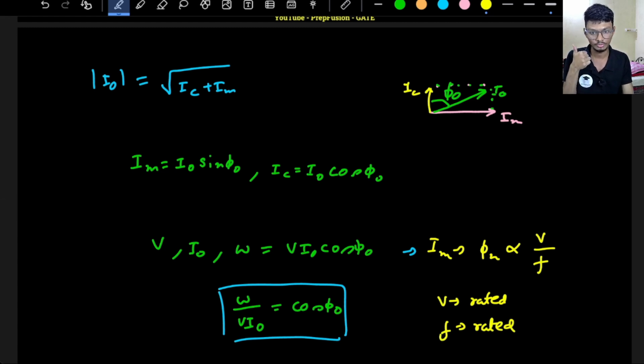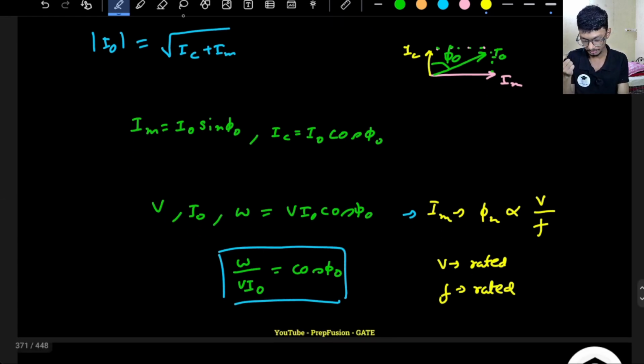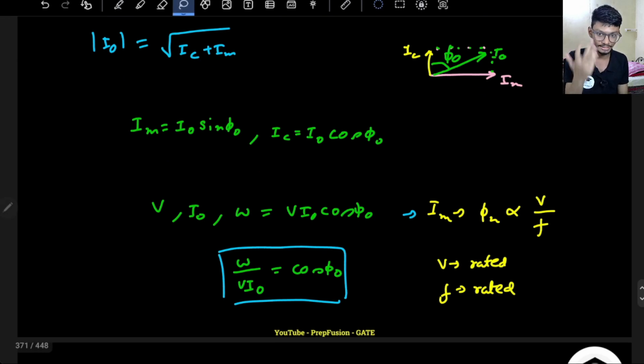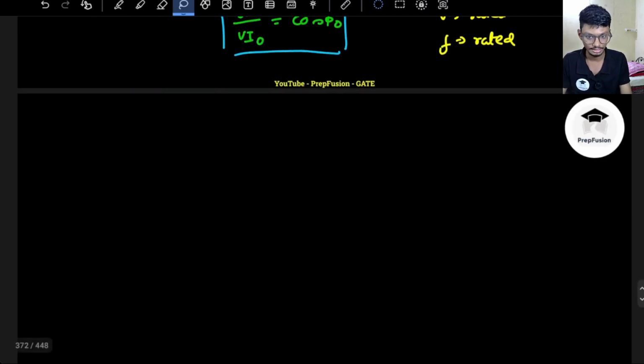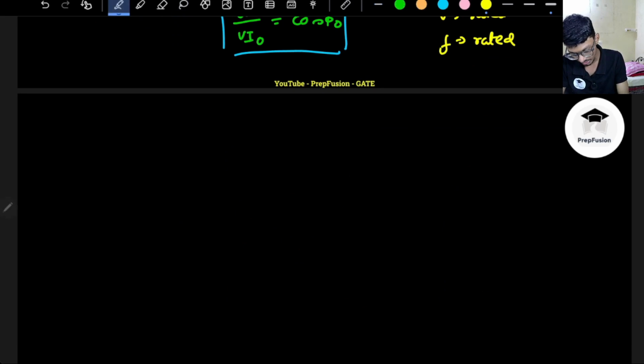So yeah, that was about the P core, because if you remember in the P core, the eddy current loss is also proportional to the flux density, and the hysteresis loss is also proportional to the flux density. Okay, so one thing I just wanted to tell you clearly,